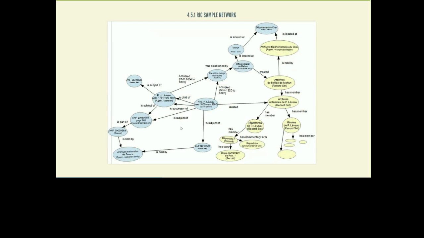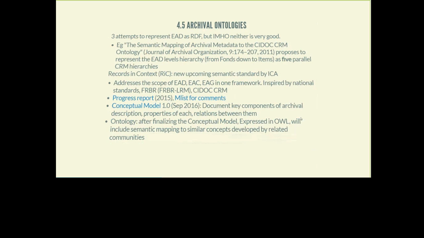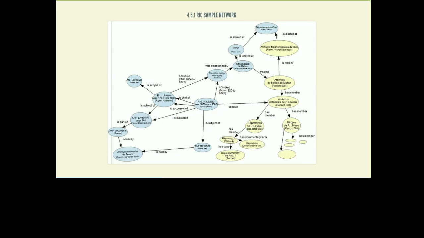Here is just one example from Records in Context. Here on the right, in yellow, are some archive materials, and on the left are some agents and functions that created these materials. And this gives you the provenance of the fonds. This gives the fonds with the hierarchical structure that is familiar from EAD, from fonds down all the way to individual items. And really, if you think about the nature of this information, it really is a graph of different pieces of information. So it's very well tailored to semantic representation.